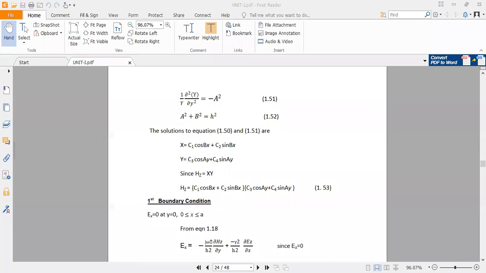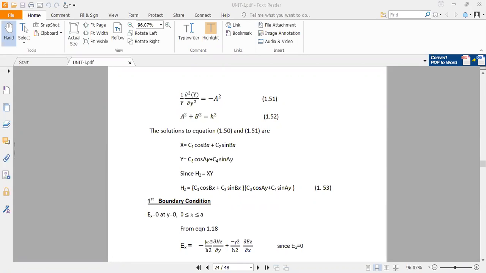Actually, we discussed that when the applied frequency is greater than the cutoff frequency, only then does the wave propagate in the waveguide. If the frequency is less than fc, what happens? The signal gets attenuated. Attenuation is maximum. That's our discussion. Last time also we did this one, when we were discussing the cutoff frequency, I told.